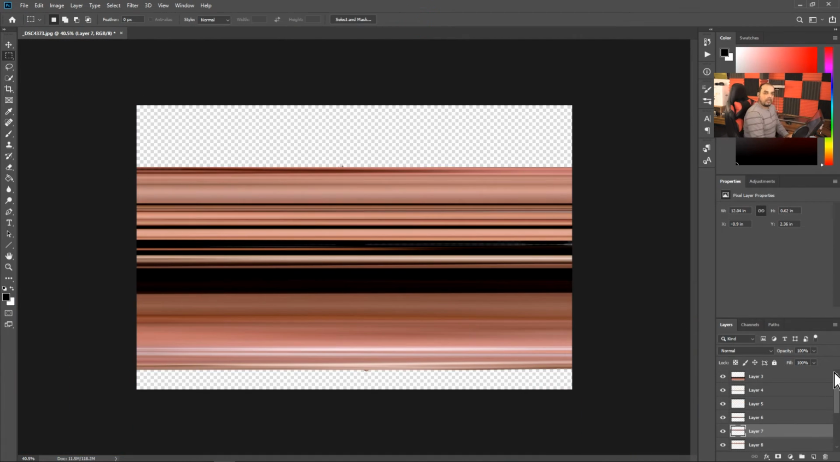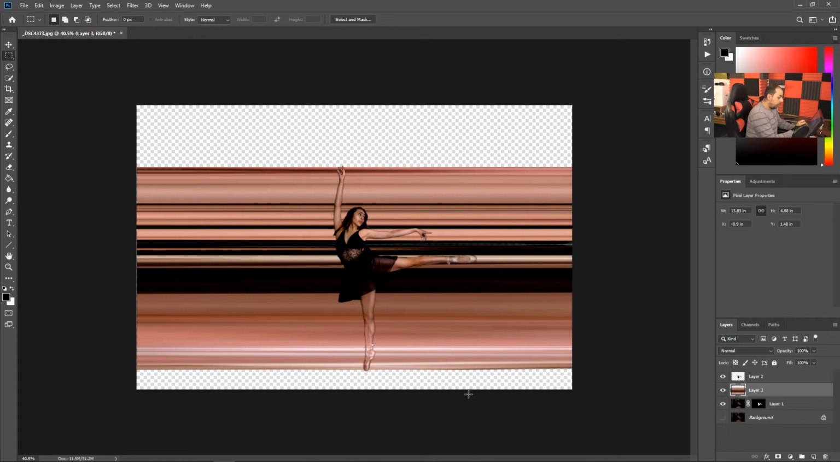Okay, I am done with the selections. Now I'm going to merge all the layers. I'm going to go to the top layer, press Shift, then go all the way to the bottom, the first layer, and press Ctrl E. What it's going to do is merge all the layers and create only one layer, that's what I want. And I'm going to put it under the model. Now I can actually move the model